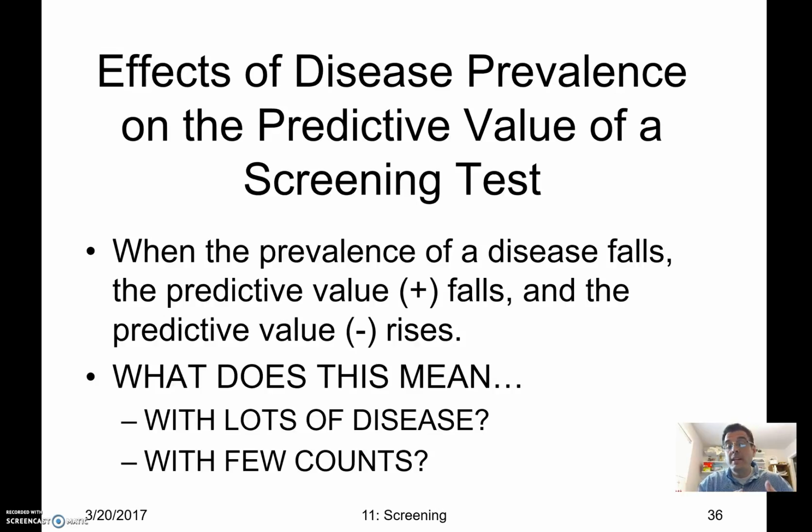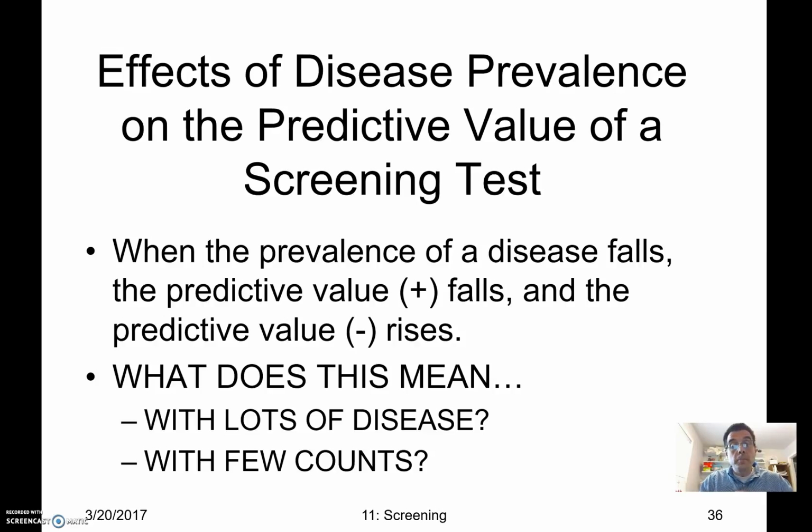test. What I'm trying to get at is that when we have very low prevalence of disease, the predictive value positive actually falls. Remember, predictive value positive is that we're trying to predict with a screening test those that have the disease, those with all those that truly do have the disease. So how well does this particular screening test actually identify those that truly do have the disease? And the predictive value negative, those that actually do not, are being diagnosed as not having it with the screening